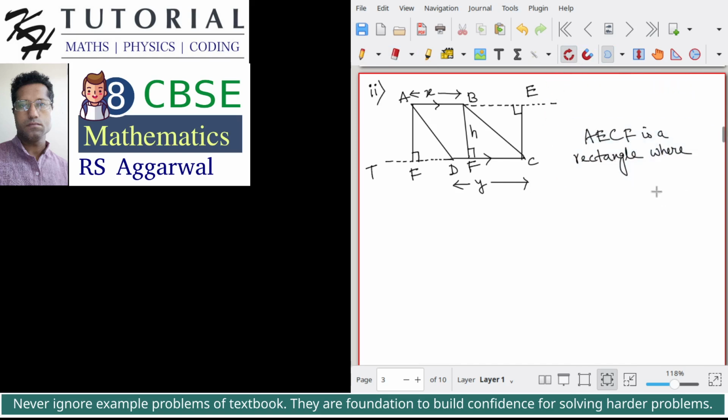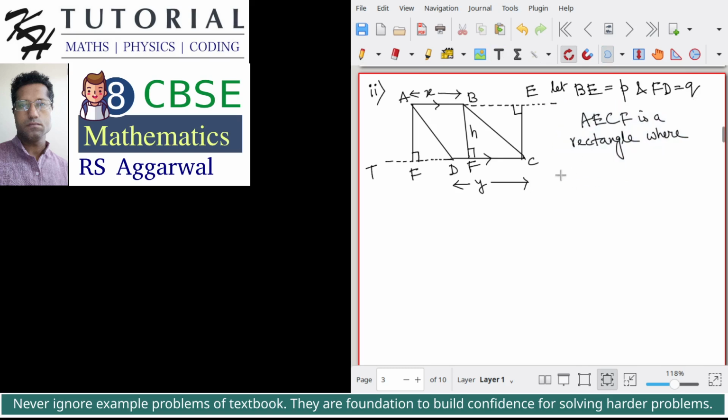We have to assume something. So let's say the length of BE is equal to P. We are assuming the length of BE is equal to P, and FD is equal to Q. So now we will see that AECF will be a rectangle where we will have AE equal to